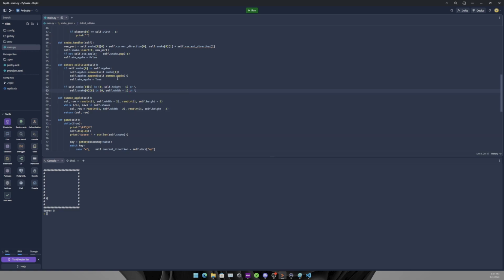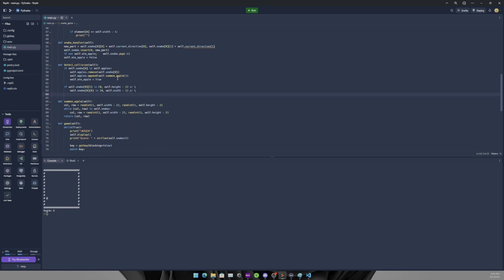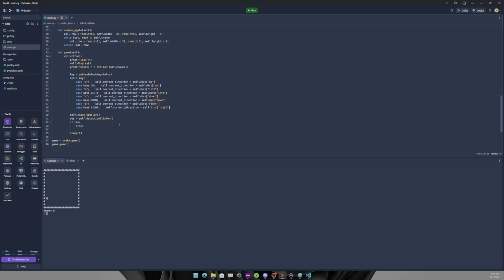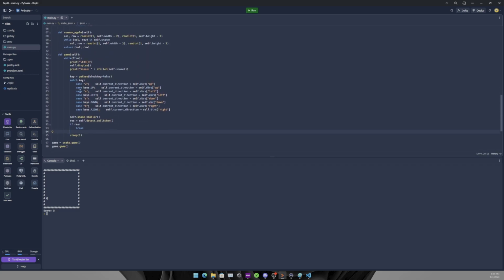We want to do or one more backslash and then tab again, self dot snake first element in self dot snake. Yep. And we're going to do return true, basically saying we are dead. And then if it does break, we are going to